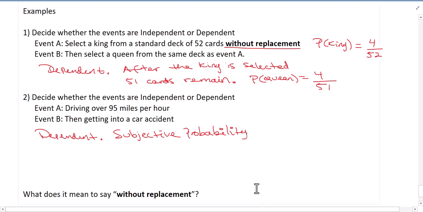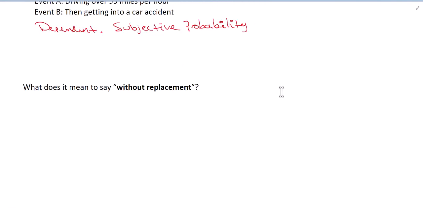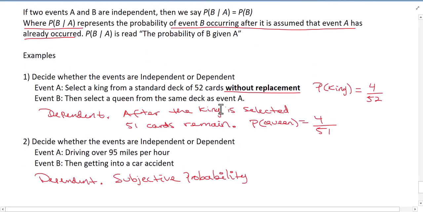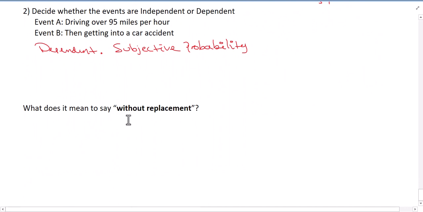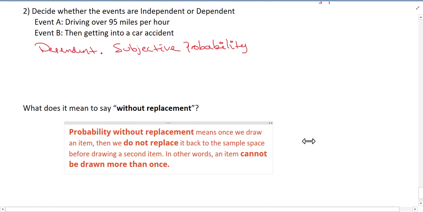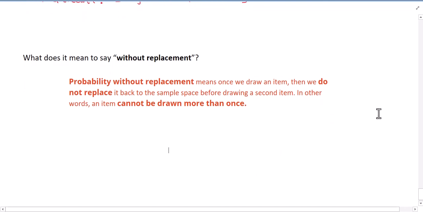So what does it mean to say without replacement? Let's talk about that for a minute. Without replacement, that we discussed up here, is that once you take an item out of the sample space, you don't put it back. Not putting that item back is going to affect the subsequent probabilities. So essentially, without replacement means you're always going to have dependent events. Probability without replacement means once we draw an item, we do not replace it back into the sample space before drawing the next item. So essentially an item cannot be